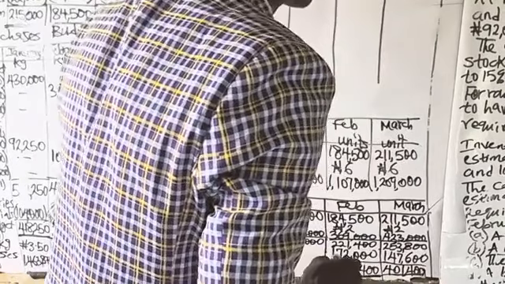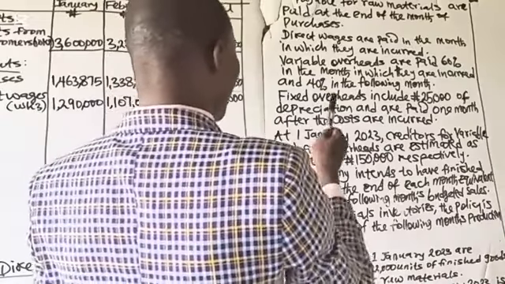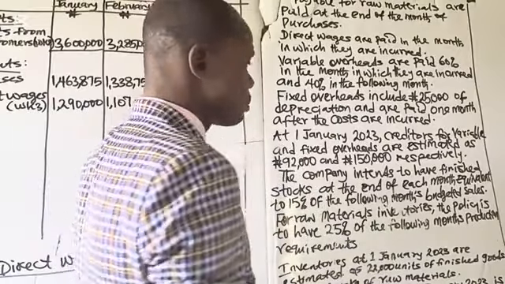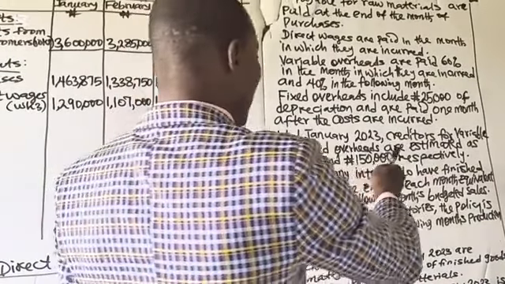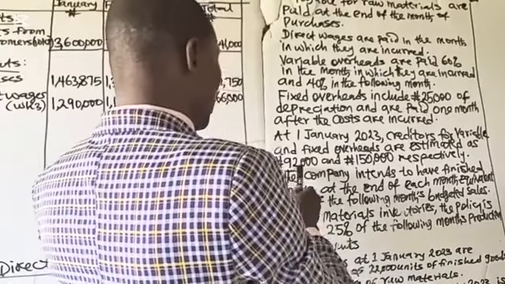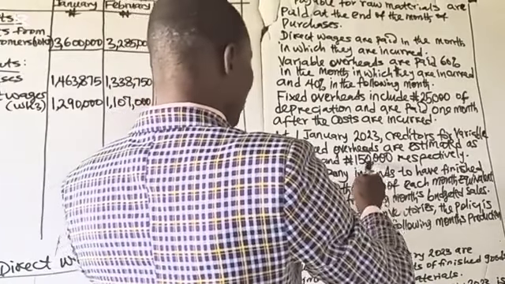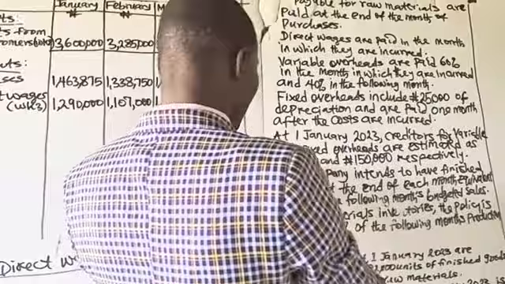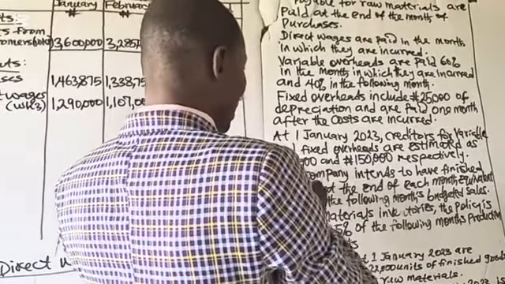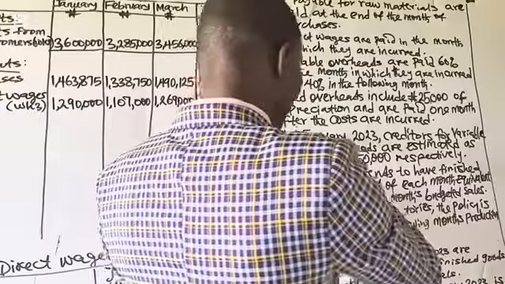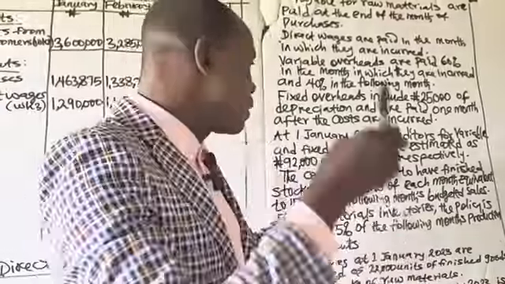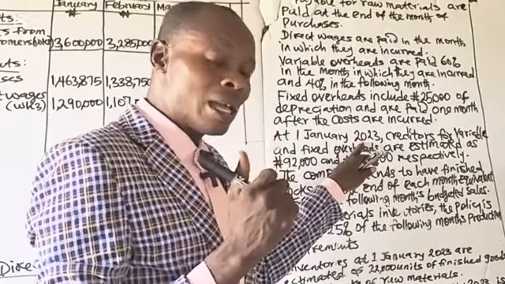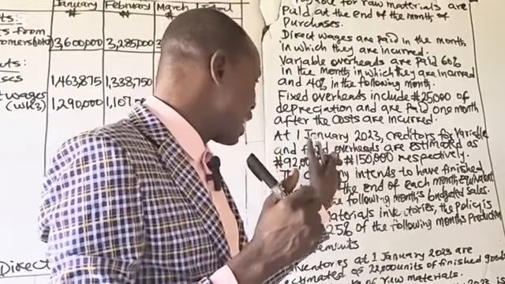Now, back to the footnote. At 1st of January 2023, creditors for variable and fixed overheads are estimated as 92,000 for variable overheads and 150,000 respectively. This is the variable overheads creditors. That means as at 1st of January 2023, the amount outstanding, the outstanding variable overheads, that is creditor